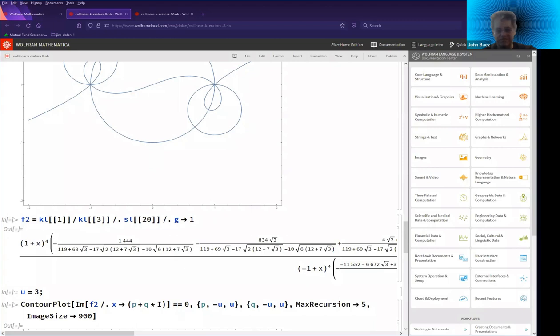And that is the group that the Jugendtraum tells us is involved in how the Gaussian elliptic curve fits into the Jugendtraum. So you haven't really explained that, or at least not well.